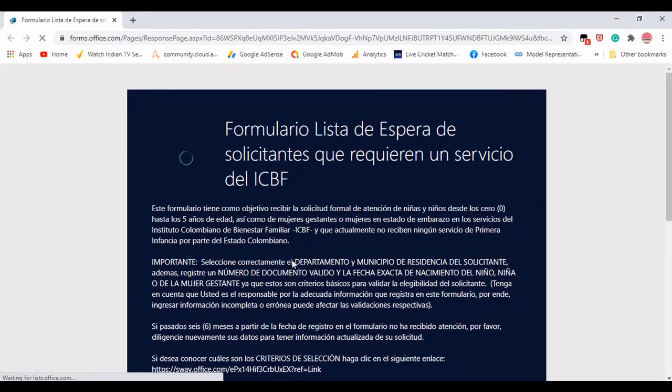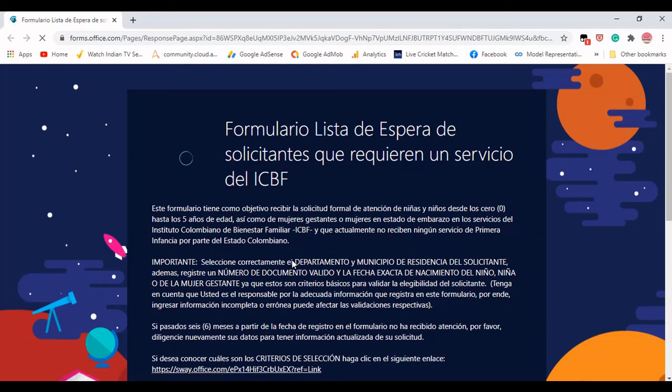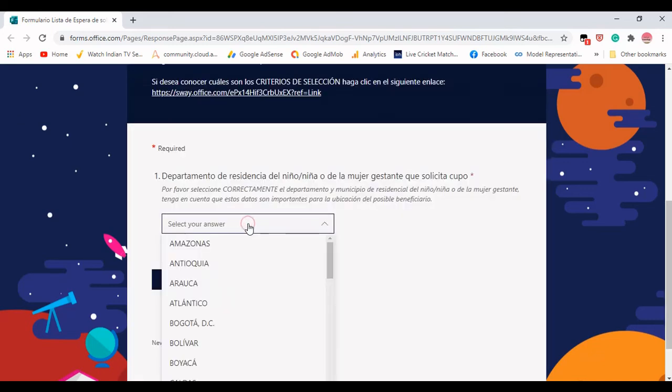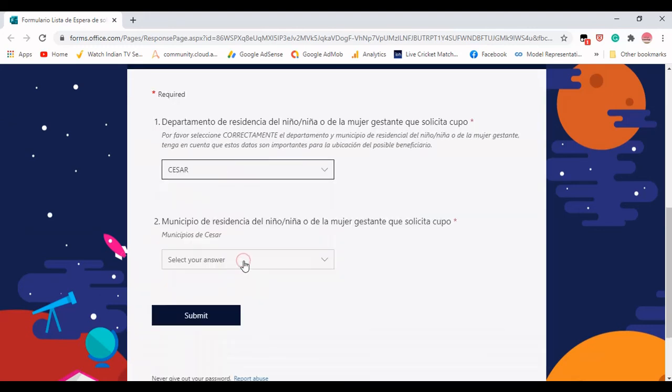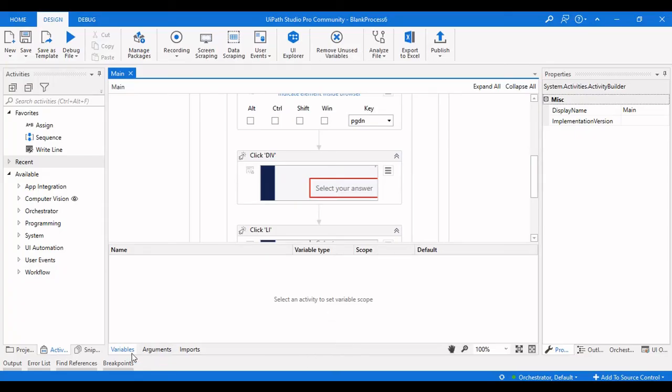And you also have to be conscious about what the value is that is present in that particular drop down and the value that you are giving to the selector. If both don't match, then it will not click on the UI element and it will show you the UI element can't be found. So this is also one of the issues that you need to be conscious about. And let us see now whether it is able to click on that particular drop down or not. Now it needs to page down and select Caesar. Right, now it is selected, because there is a space after every item.